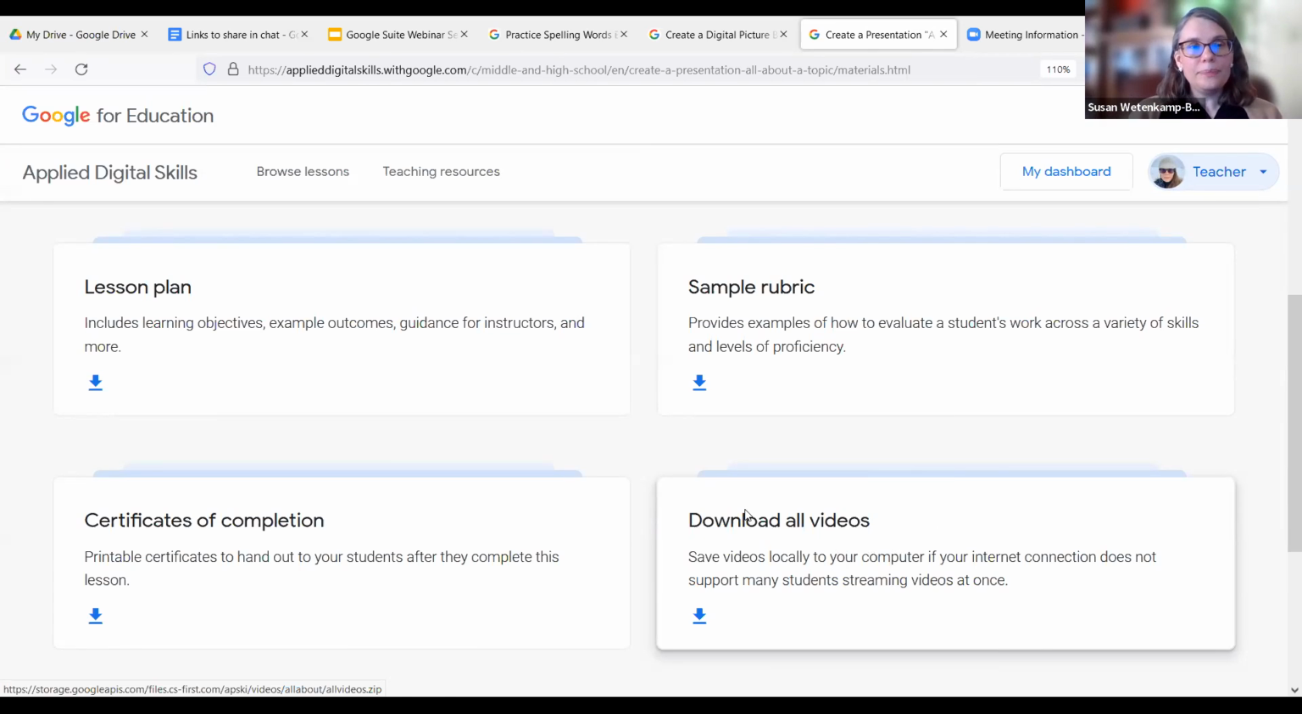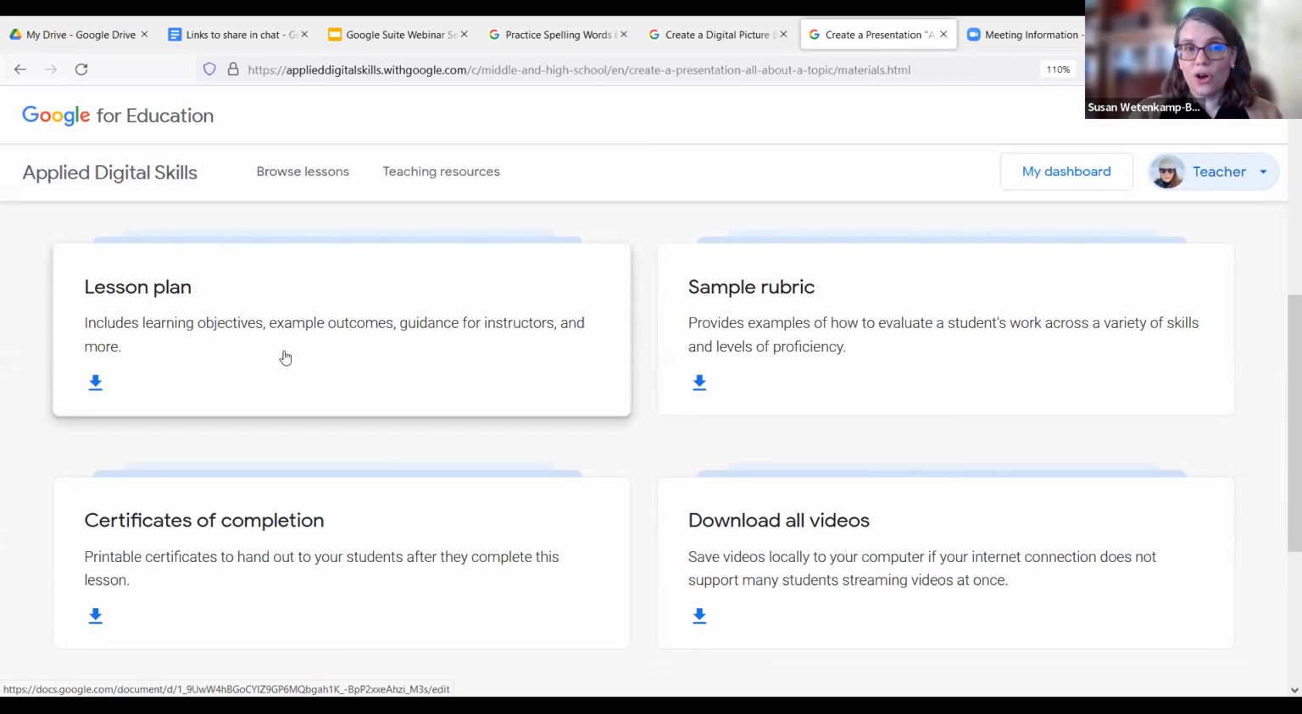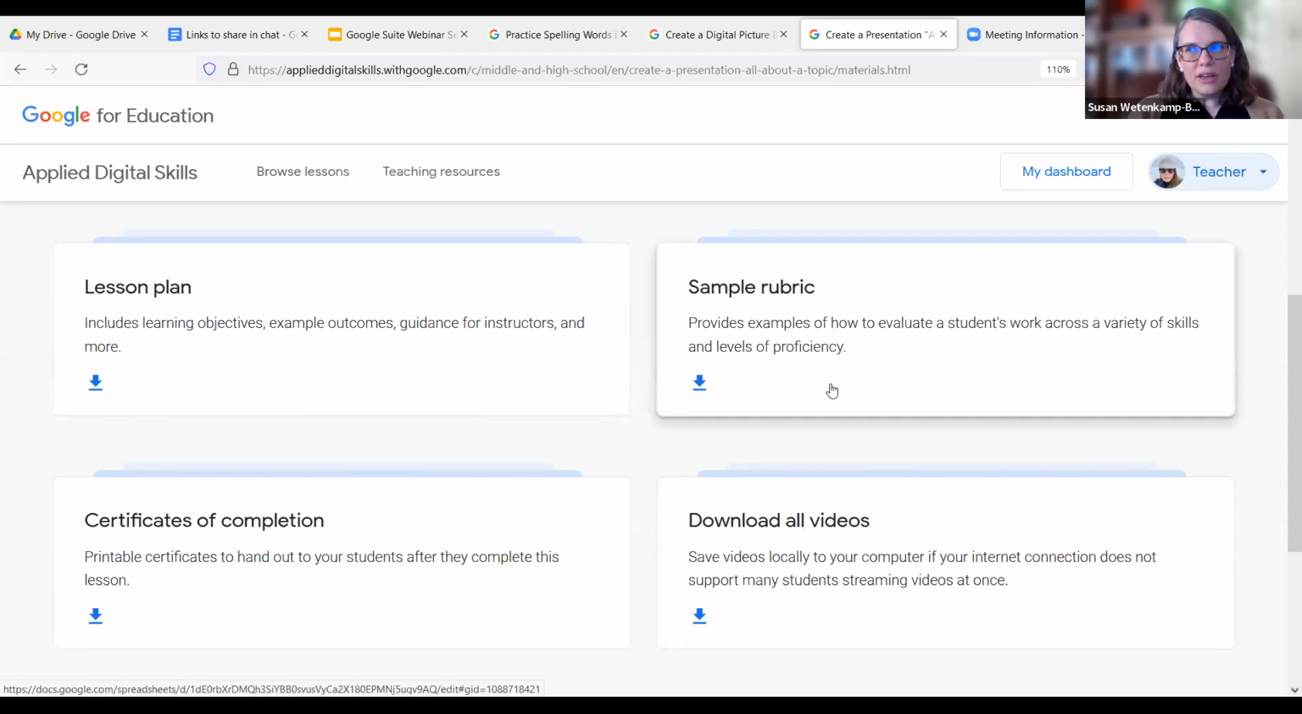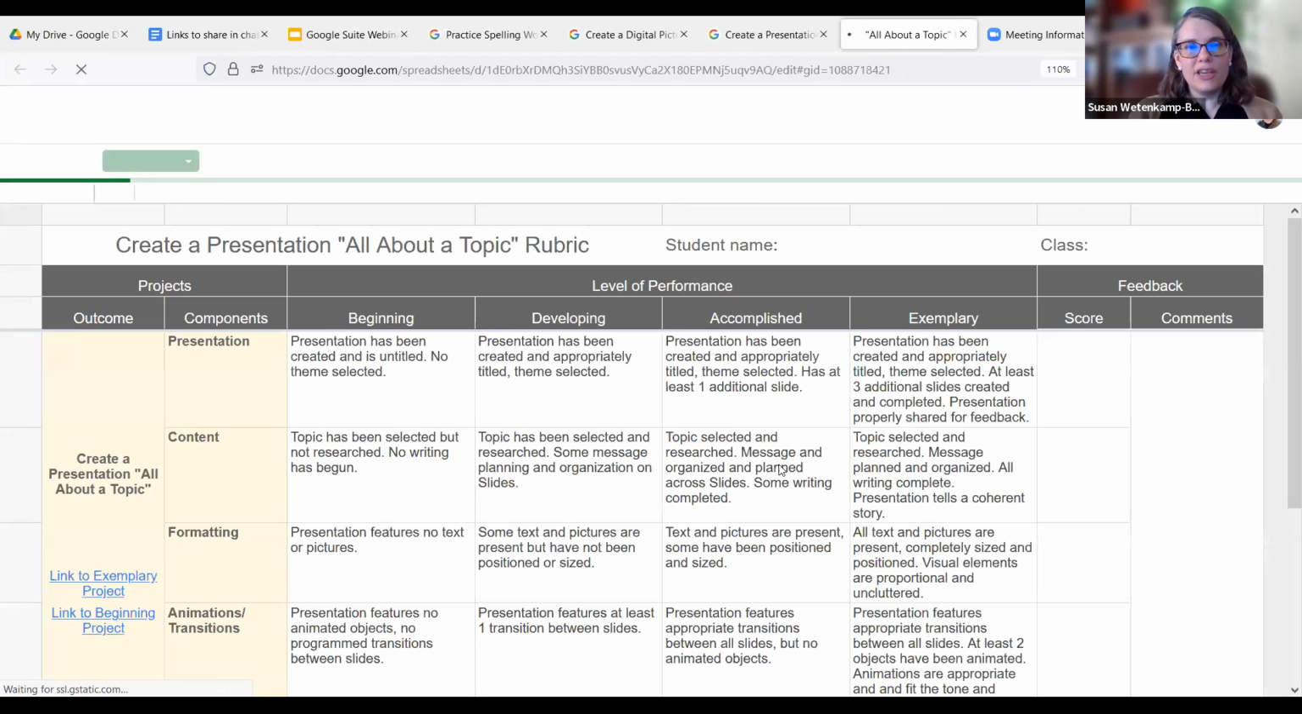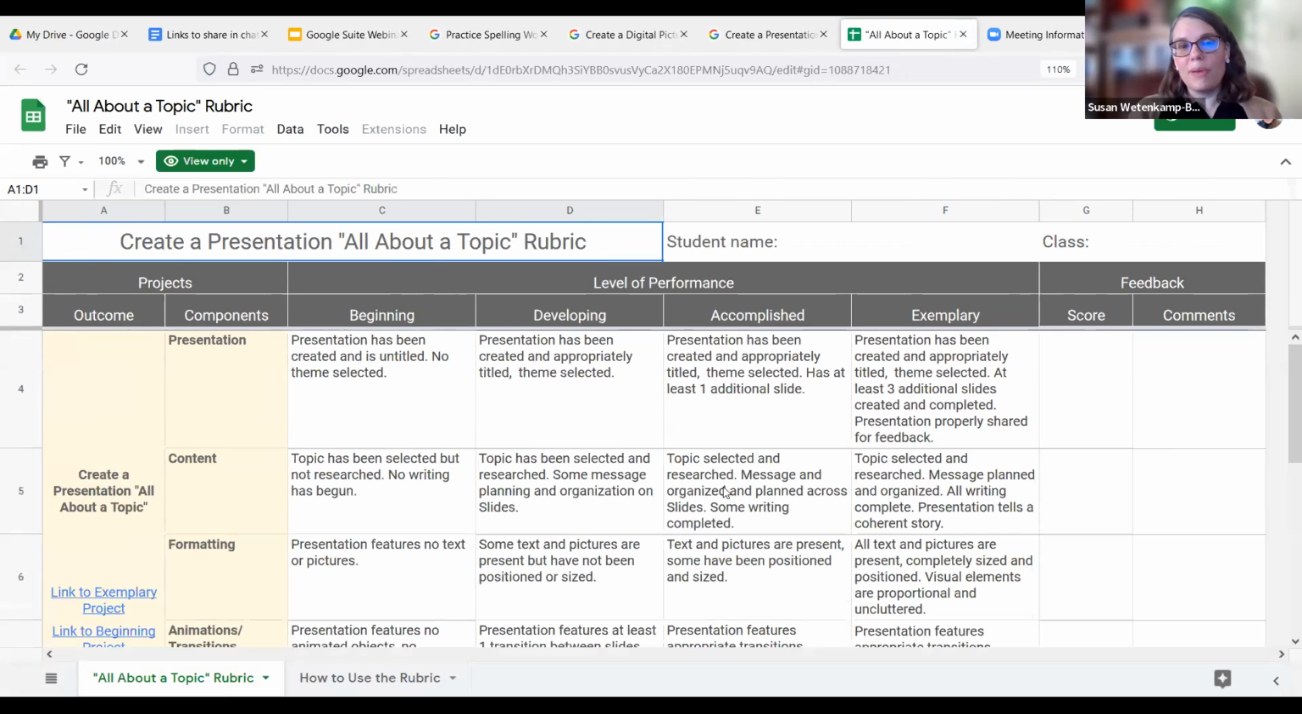That's an option here. There'll be a lesson plan for almost all these lessons that explain what the objectives are and give you ideas about how to walk your students through these different lessons and materials. And most of the Google Applied Digital Skills lessons are project-based. The students are making things that they're going to share with you. So there's oftentimes a rubric that can be used to score or give feedback on the product that the student has made. So in this case, here is the rubric,